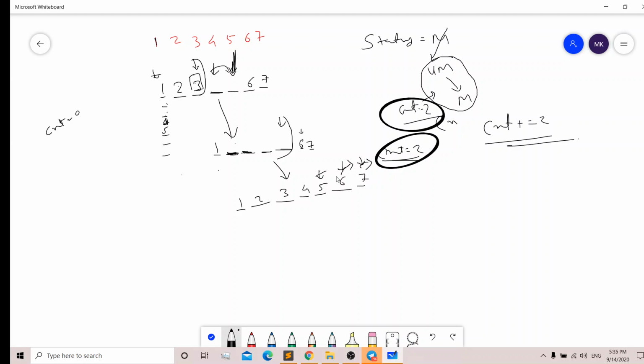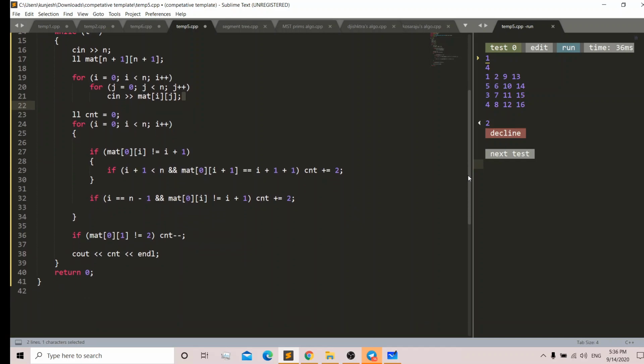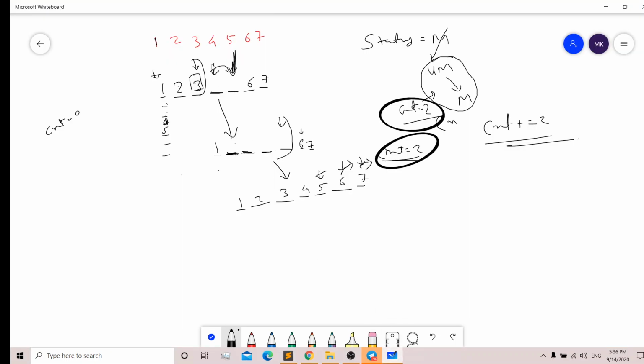Okay, we have to increase our count by 2, right? So here one more special case is there, but before moving to the special case, let's look at a little bit of code. See here, we have just inputted our matrix. From the start, if we encounter an element that is unmatched, then we see whether the next element is a match or not.